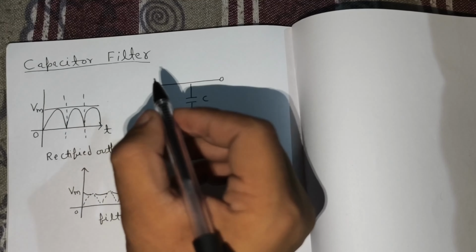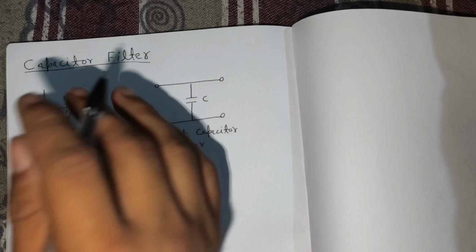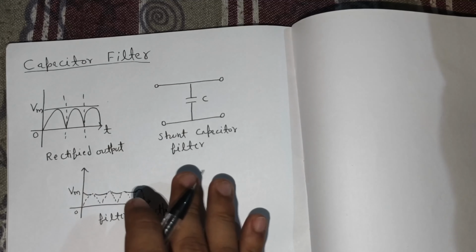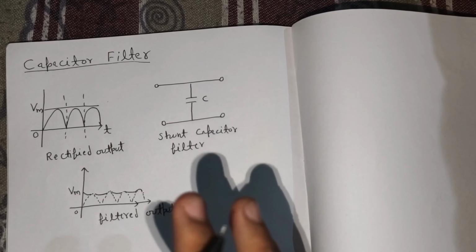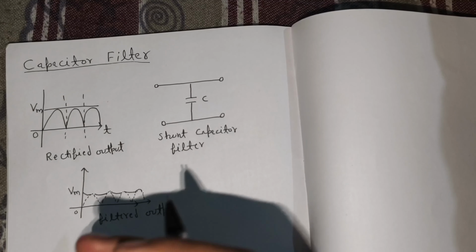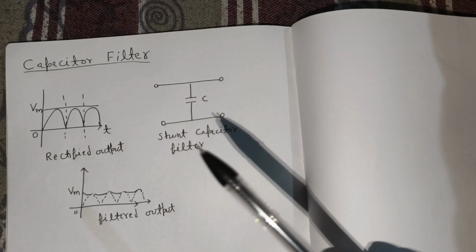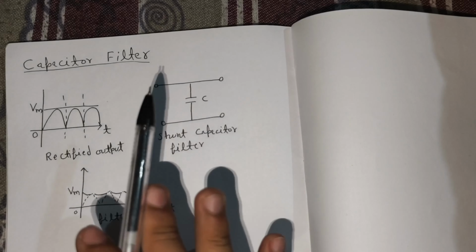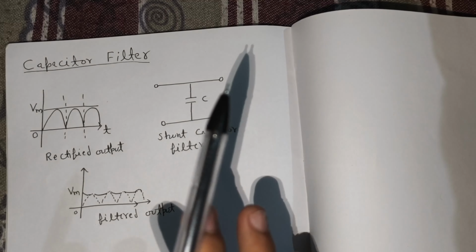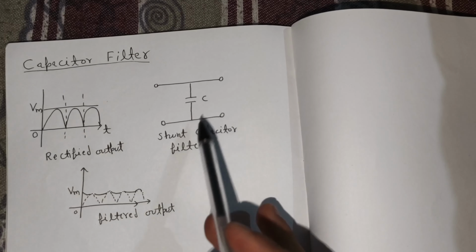The topic is the capacitor filter. As a capacitor allows AC through it and blocks DC, a filter called a shunt capacitor filter can be constructed using a capacitor connected in shunt, as shown in the following figure. When the rectified output is passed through this filter, the AC components present in the signal are grounded through the capacitor, which allows the AC component. The remaining DC components present in the signal are collected at the output.